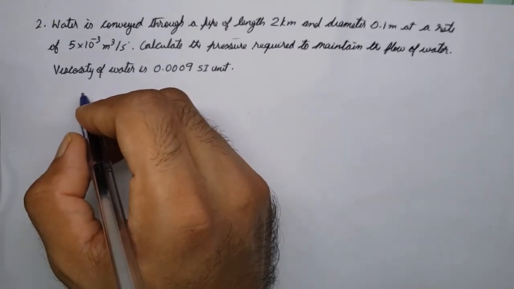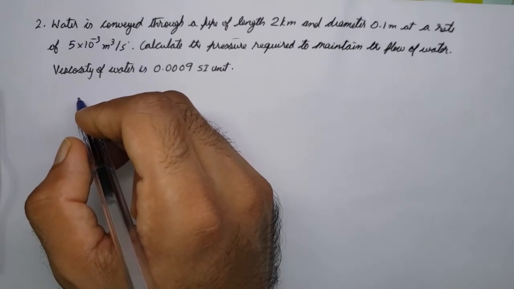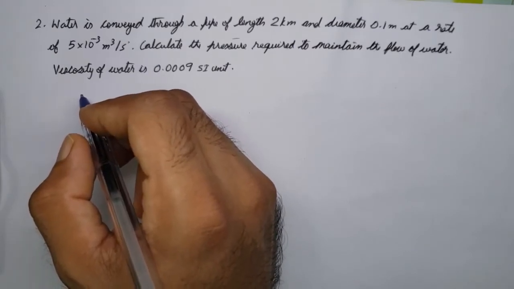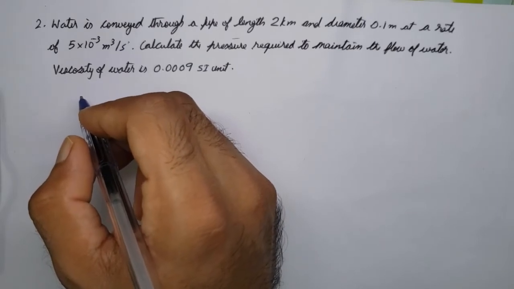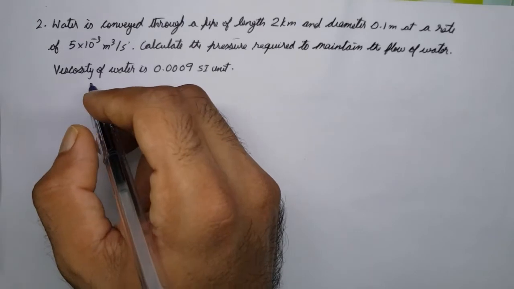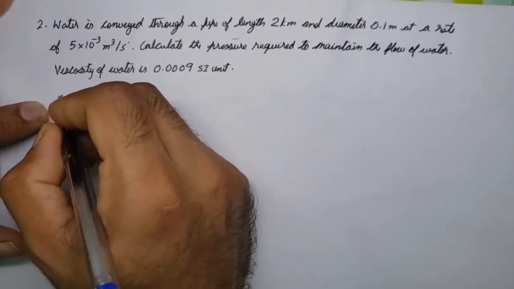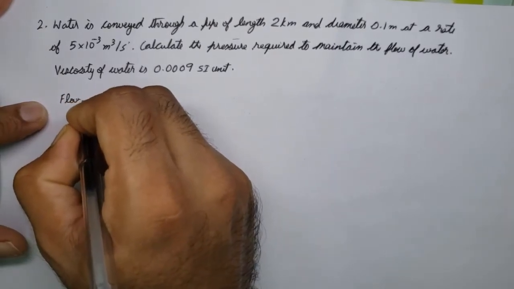ഇതിൽ അഗെയിൻ നമ്മൾ യൂസ് ചെയ്യേണ്ടത് പോയ്സൺലെസ് ഫോർമുല ആണ്. പോയ്സൺലെസ് ഫോർമുല ഉപയോഗിച്ചിട്ടാണ് ഈ ഒരു പ്രോബ്ലം സോൾവ് ചെയ്യേണ്ടത്. സോ പോയ്സൺലെസ് ഫോർമുല എന്താണ് പറയുന്നത്? സോ വി ഓൾസോ നോ പോയ്സൺലെസ് ഫോർമുല. വി ഹാവ് ഫ്ലോ റേറ്റ് അല്ലേ, ഫ്ലോ റേറ്റ്